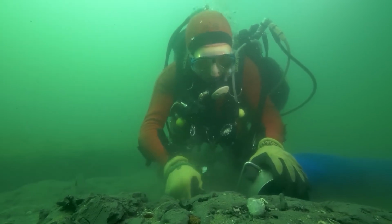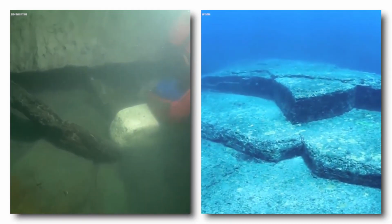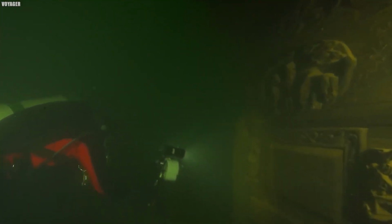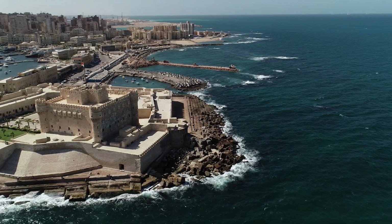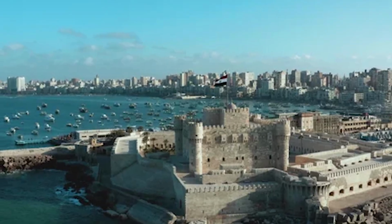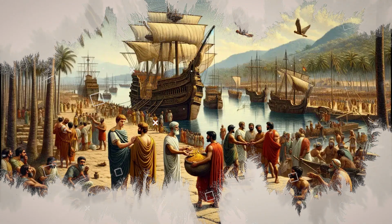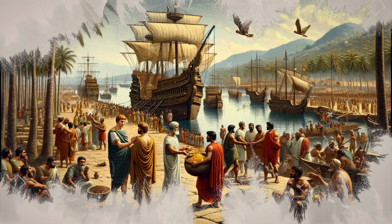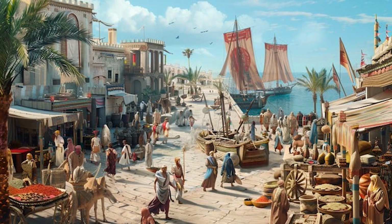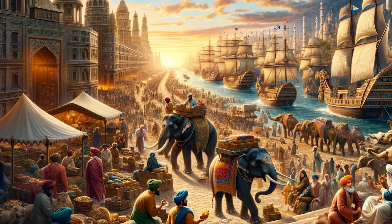Underwater archaeology has since revealed many treasures from the port, including shipwrecks, pottery, and everyday items that tell the story of life in this ancient hub of trade. The port was essential to the ancient economy, bustling with merchants and goods from across the Mediterranean and beyond. It was a highly organized trade center, where commodities like grain, papyrus, glass, and metals passed through daily. The city's prosperity was closely tied to the efficiency of its port, which acted as a vital link between different